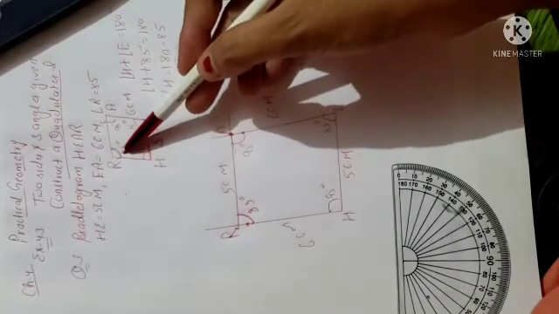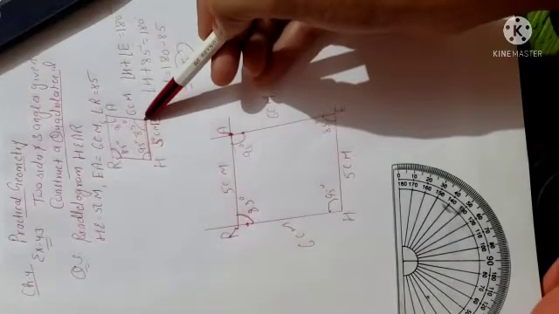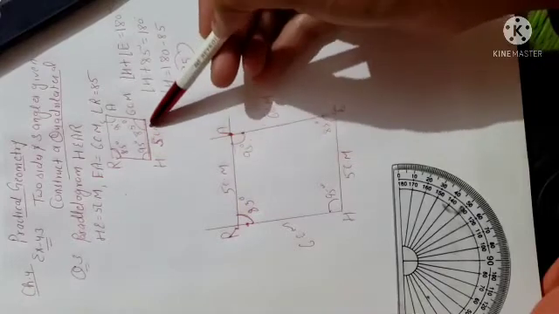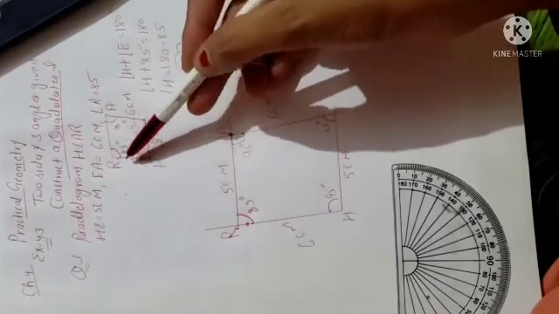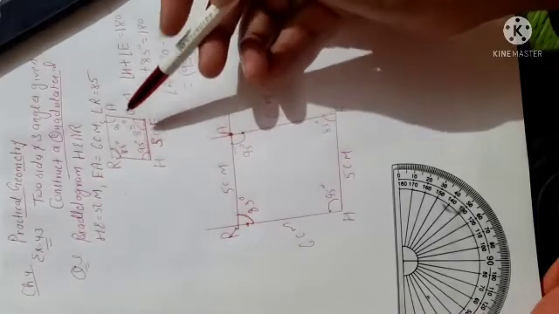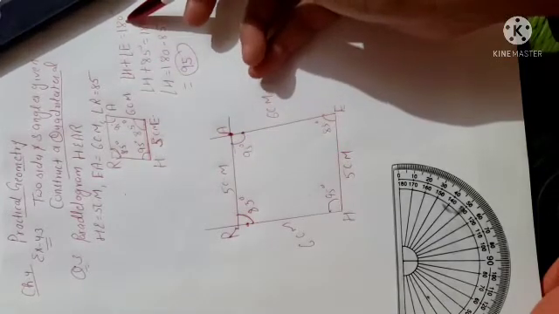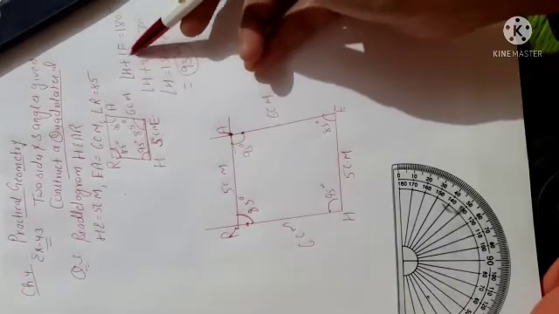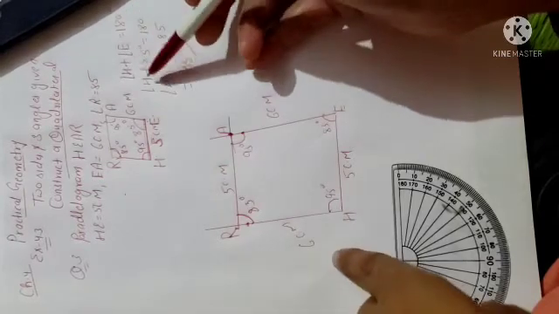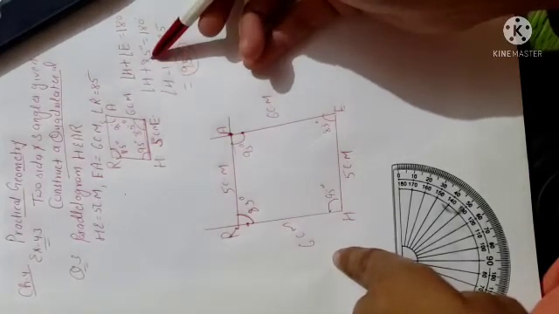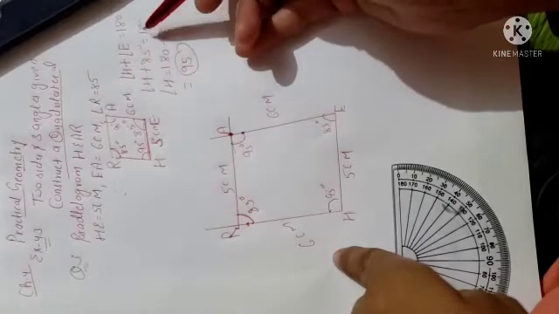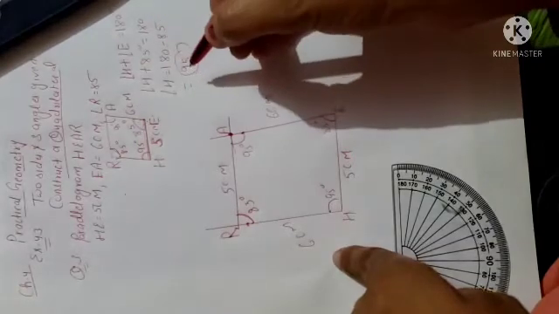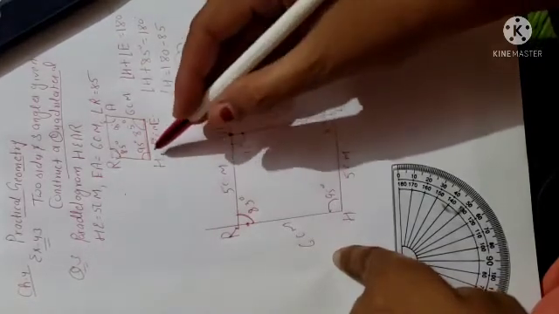So angle R is given 85, and angle E is opposite to R, so E will also be 85. After that you can find out the angle H also, because H and E, and H and R, are adjacent angles, and the sum of any two adjacent angles will always be equal to 180 degree. So here I am taking H and E. Clear? So the sum of both the angles, H plus E, will be 180 degree. Angle H you have to find out. E is already given, it is 85 degree. So what will be angle H? 180 minus 85 degree, you will get 95 degree. So angle H will be 95 degree.